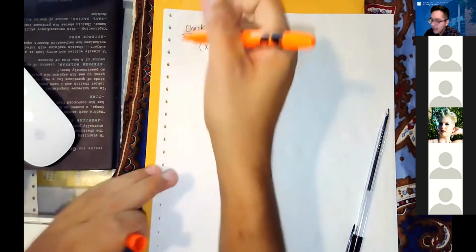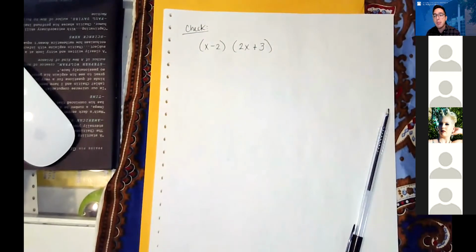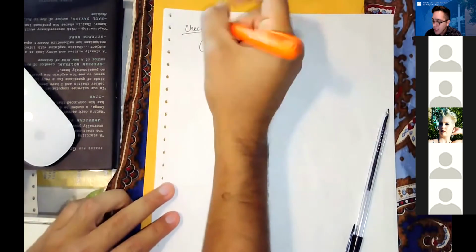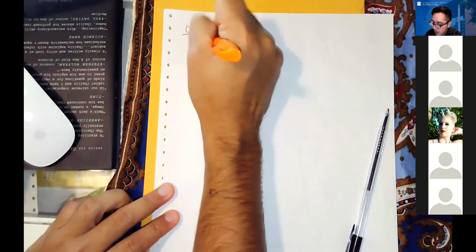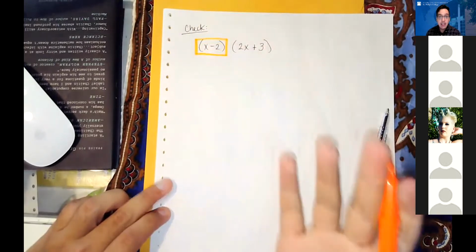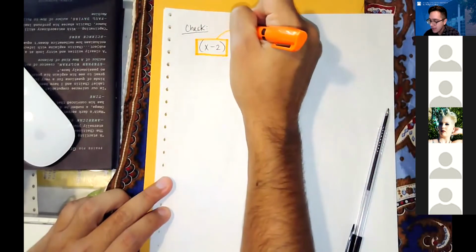Then we can use the distributive property the way we would with just a single number, but this time we're going to use a binomial factor to multiply it into the second set of parentheses. So think of this as one large thing, and we're going to multiply it